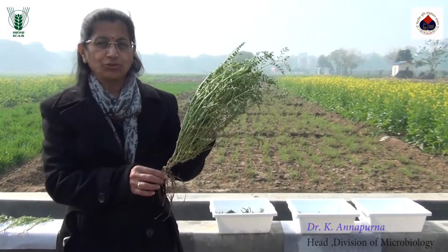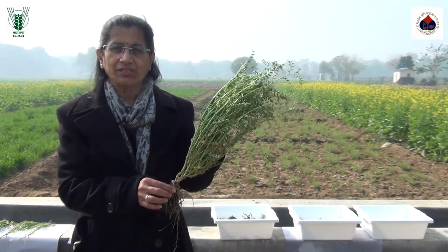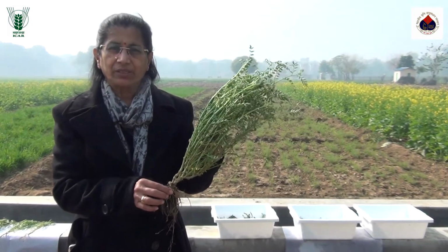Today I would like to show you how to categorize an effective nodulating plant versus a non-effective nodulating plant. Like we said, first of all we have to uproot the legume plant. Now for uprooting the legume plant, you must mark a periphery of at least 5 to 10 centimeters